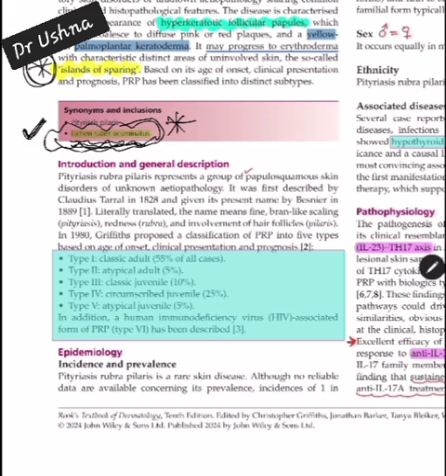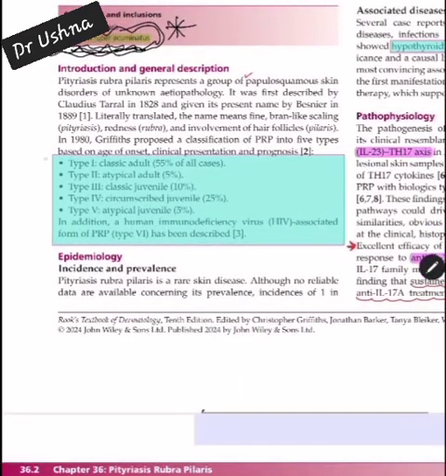If we talk about the types of the PRP, there are 6 basic types, type 1, 2, 3, 4, 5, and 6. Among these, type 6 is something very different from all the other types of PRP. Type 6 is related to HIV. So the important infection associated with PRP is HIV, and whenever you are dealing with type 6 PRP, you have to give antiretroviral therapy. Antiretroviral therapy in a patient of type 6 PRP is going to be the right answer from the treatment point of view.